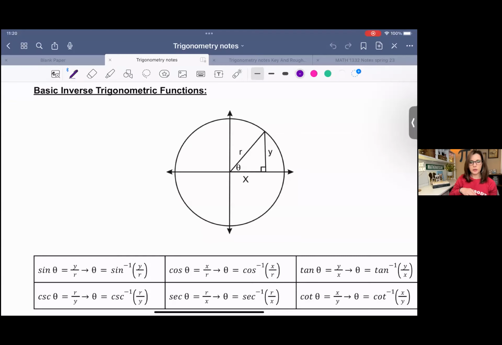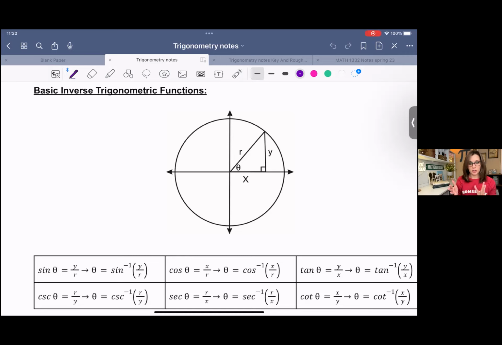Hey y'all, in this video lesson, we're going to be exploring some very basic inverse trig functions. If you recall from one of my previous videos on the unit circle, we have the circle, and we call this a unit circle, and then inside this circle is a triangle. And based on that triangle, we have